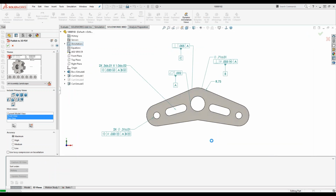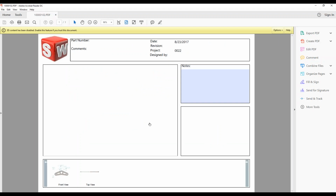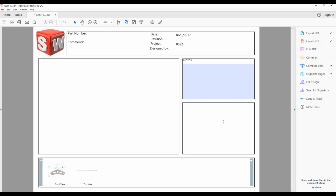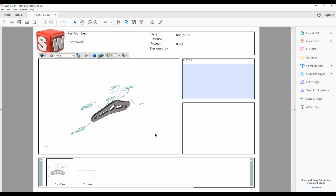I'll go ahead and publish this PDF just so we can see what it actually looks like within the PDF format. So now what you'll notice, if I click on that view from my views category down here, I actually have this 3D view in here, and I can rotate this view, I can zoom in, I can look at the data that is captured within this view,